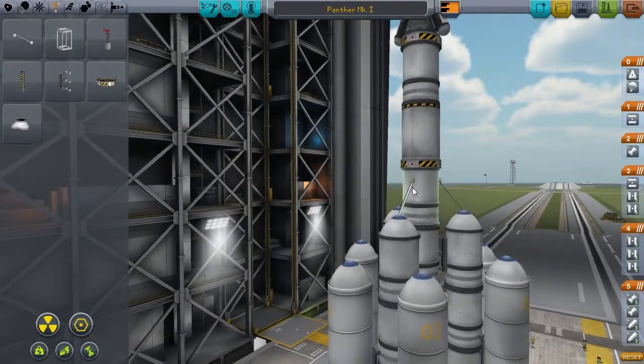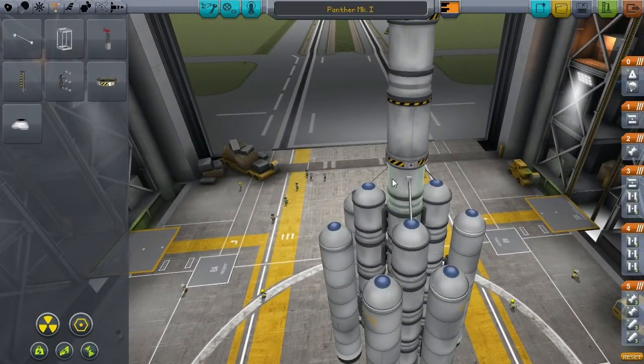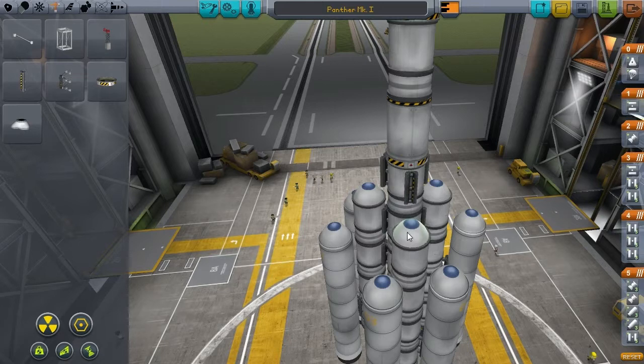I can't zoom in any further, can I? Struts, can I get the struts? The struts, and then you get the struts off. These things are such a pain to highlight. Okay. Nope. What I need to do is throw a set of decouplers on there for that. Oh wait, no, because we're...